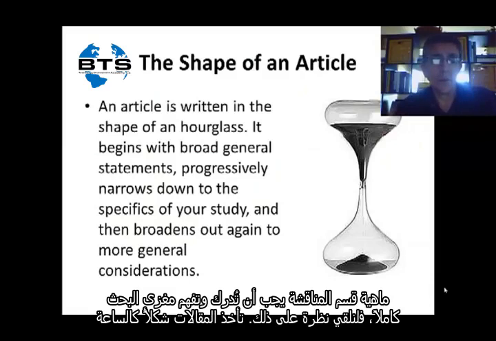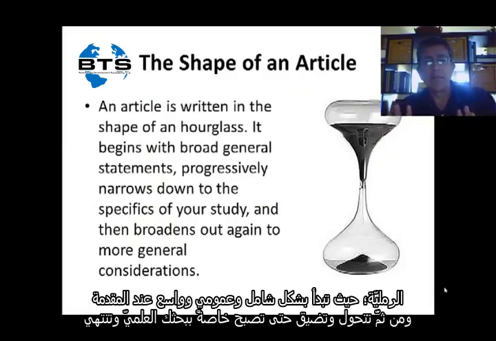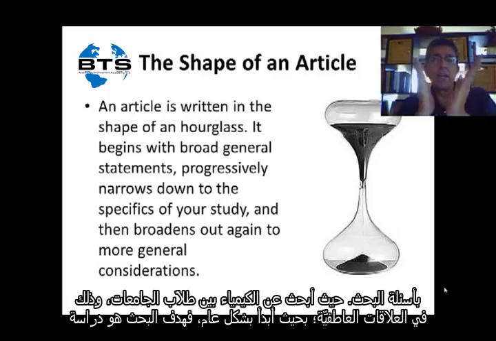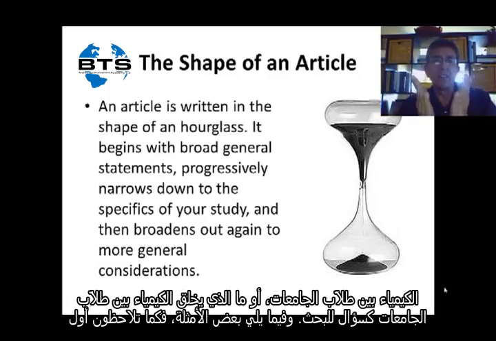The whole study, the shape of articles, is in the shape of an hourglass. It starts very broad-based at the introduction, and eventually it gets a little bit more specific until you have your research question. If I'm looking at what creates chemistry in college students in a dating relationship, I'm going to start with very broad statements, and eventually the purpose of this study is to look at what creates chemistry in college students as a research question.